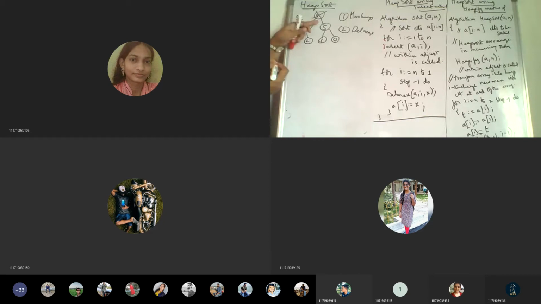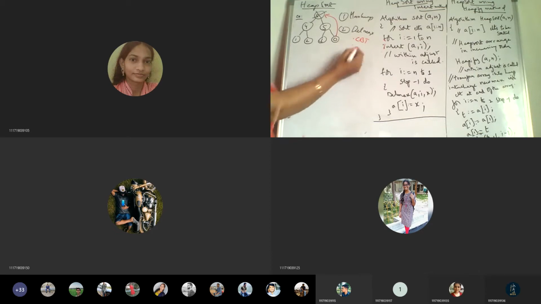When the max element is deleted, which element is going to occupy that position? I already told you in the deletion operation. The last element in the array is going to occupy its position, in order to maintain the complete binary tree property.